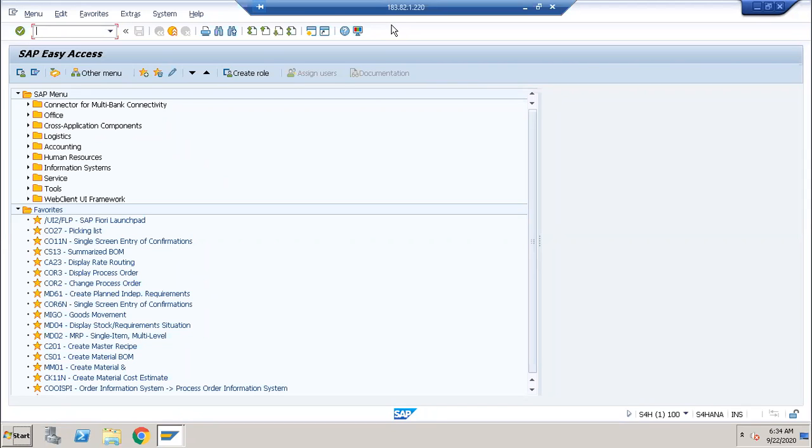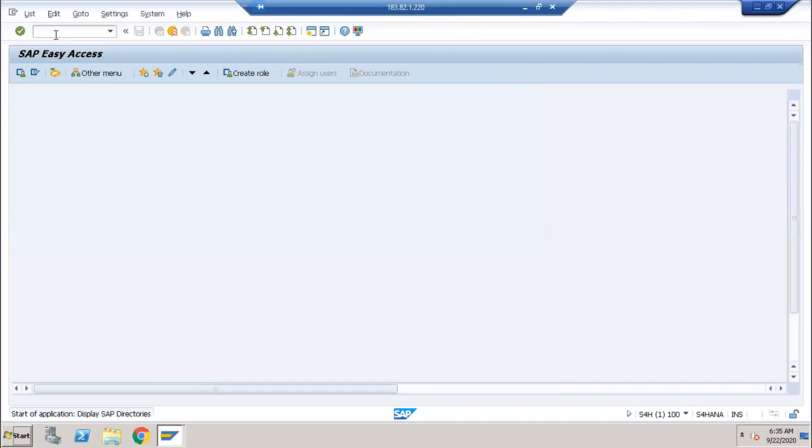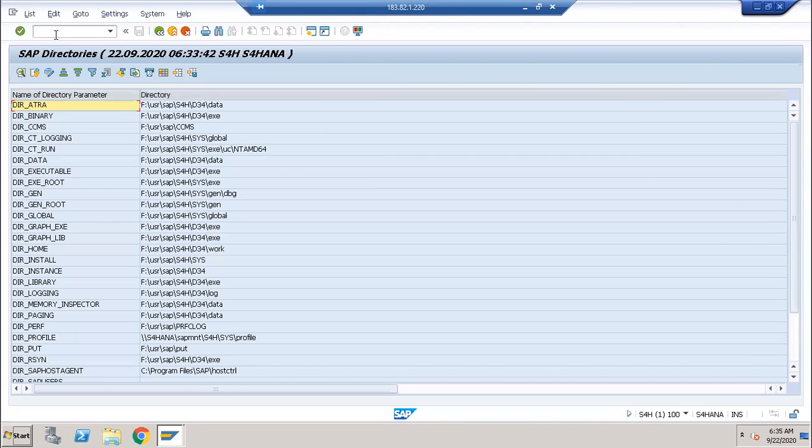The transaction code for the application server is AL11. These are not the folders.